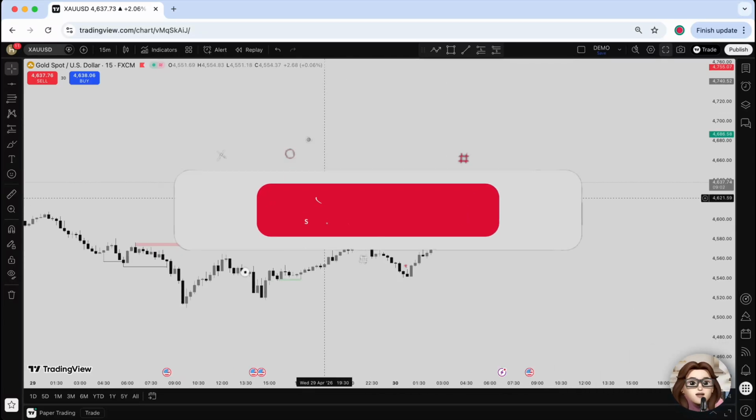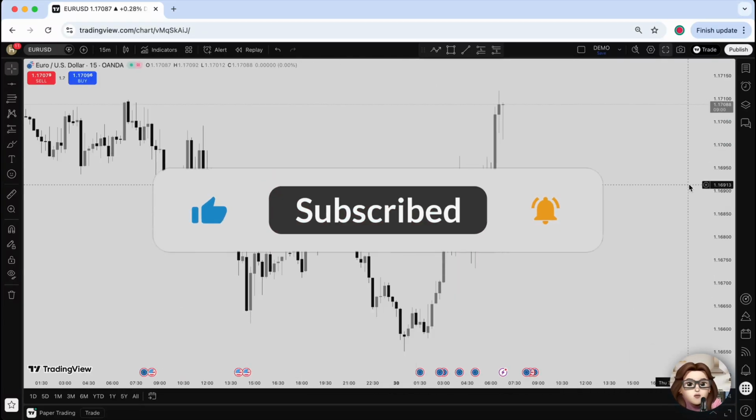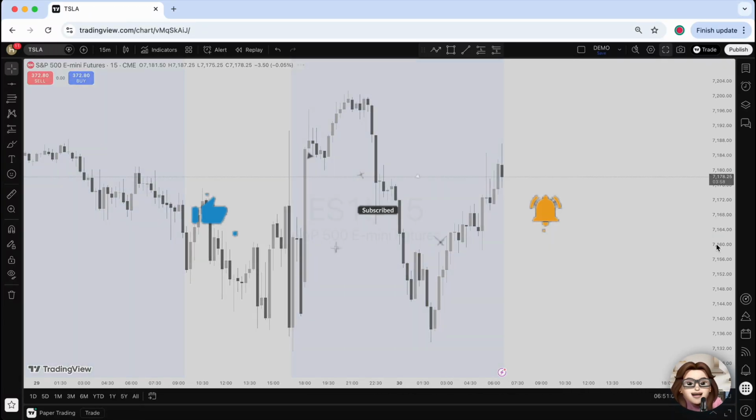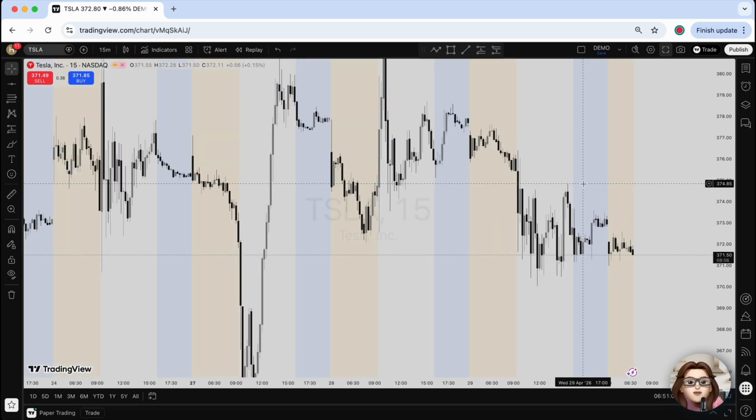In this tutorial, I'll show you how to access dividend data in Tradingview so you can track payouts and make